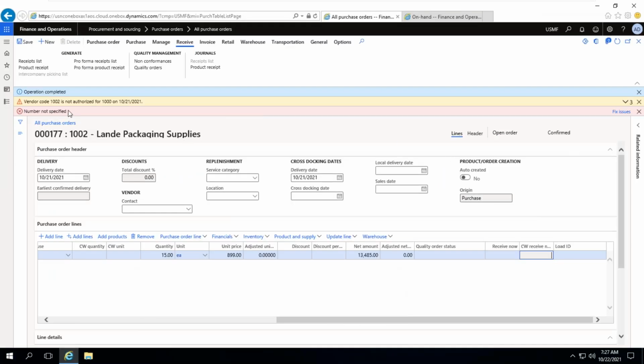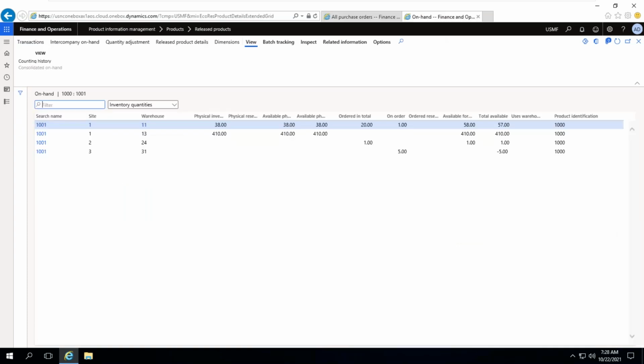This error message is the earlier product receipt error message. Don't worry about this one. We have updated that one. Now, if you verify on hand inventory, the product receipt number must be a manual entry. Now 3 we have received, so it will become 17 and it will become 41. Let me refresh. It was 17, it became 41.